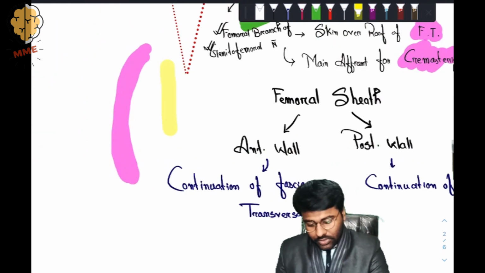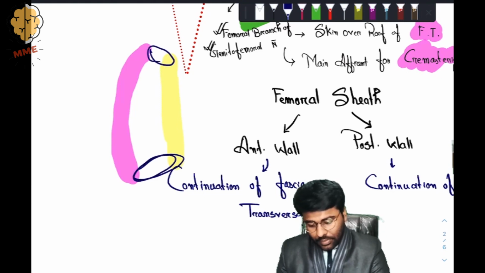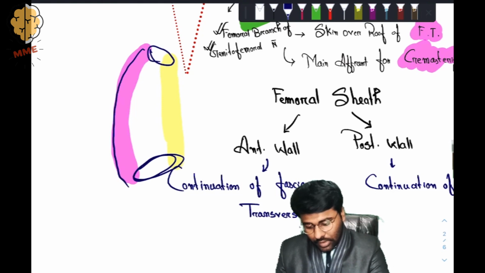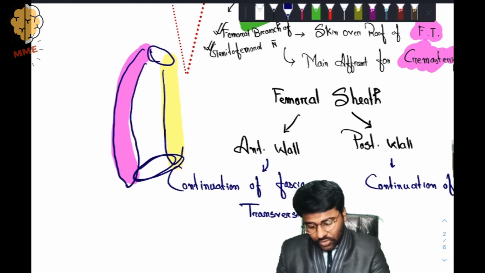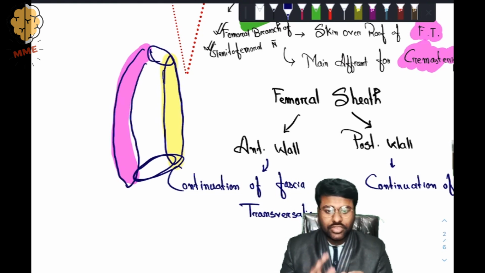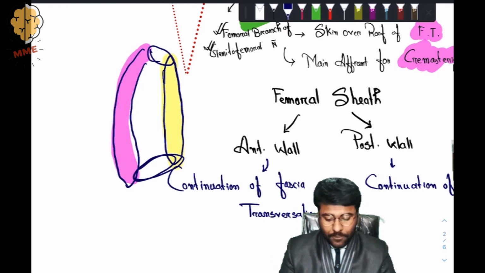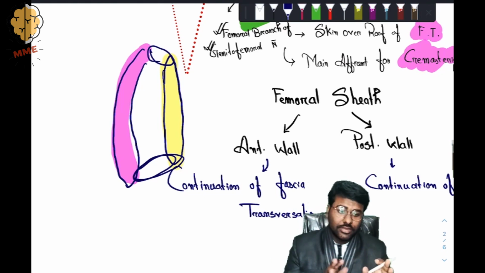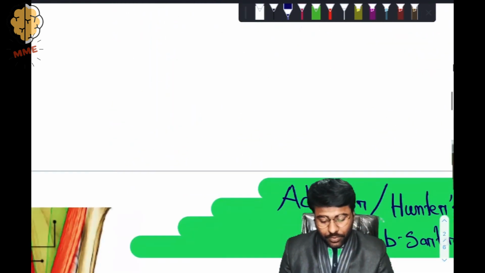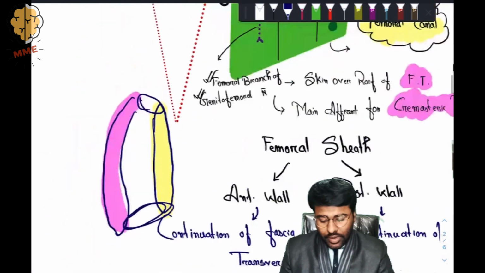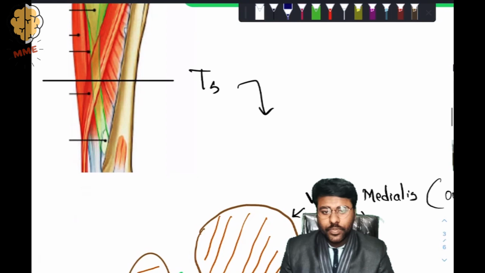So below there is the fascia iliaca, and above this is the fascia transversalis. This is the anterior wall and this is the posterior wall. So this is all about the femoral sheath and femoral triangle. Now you can clearly notice in the image